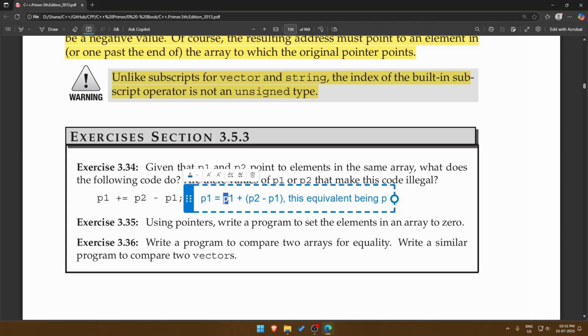So we are incrementing or decrementing. Okay, if P1 is the end pointer and P2 is the beginning pointer,